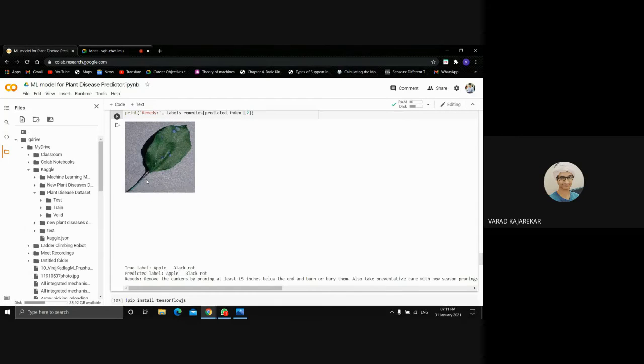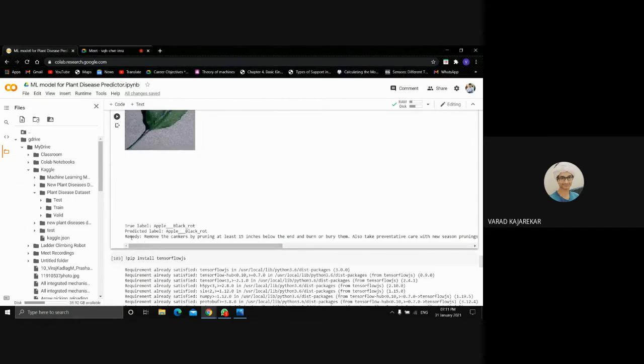We can see the image of a leaf which probably has a disease, and the true label is apple, as the leaf is of the fruit apple, and the disease is black rot. Our model has also correctly predicted the fruit, that is apple, and the disease, that is black rot. We have also given the remedy for this disease, which the user can implement to help treat the disease.